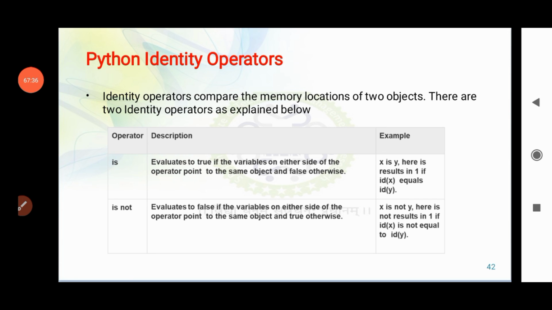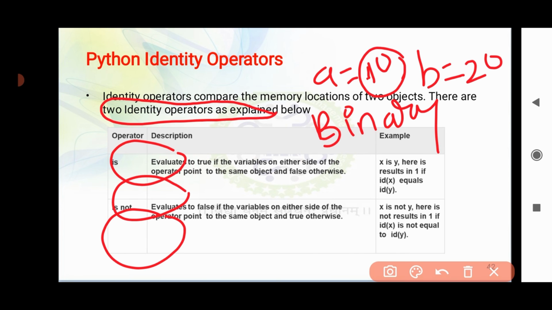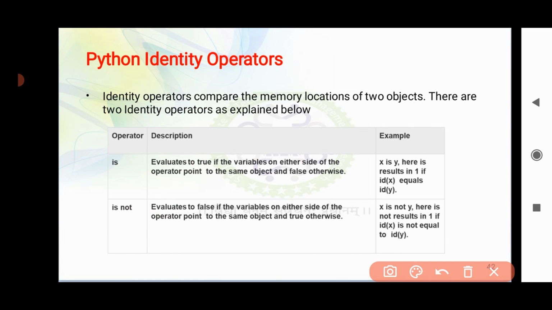Next we have Python identity operators. Identity operators compare the memory locations of two objects. There are two identity operators as explained here. The first operator used in Python is the word is.